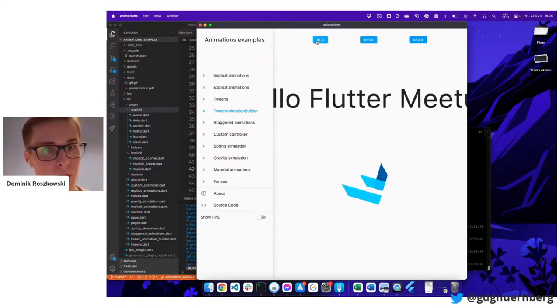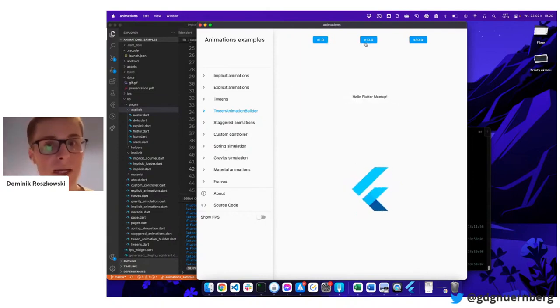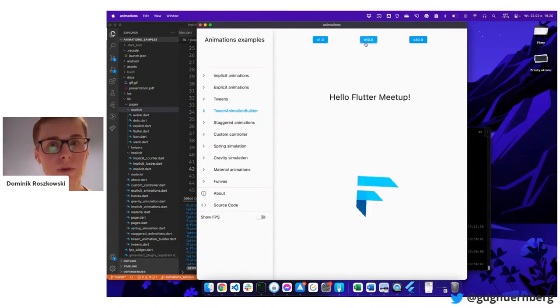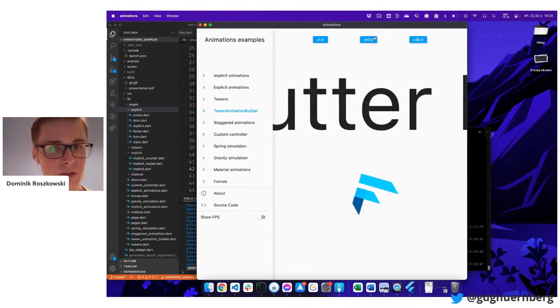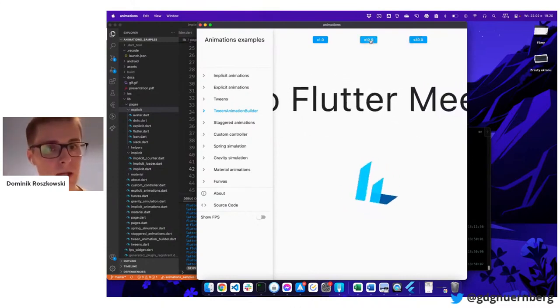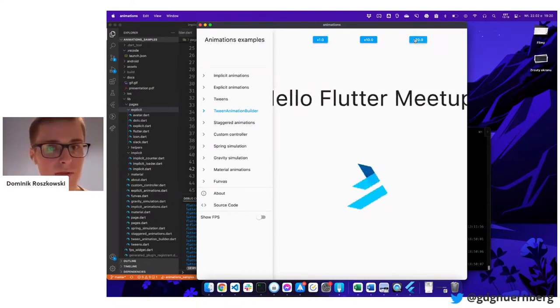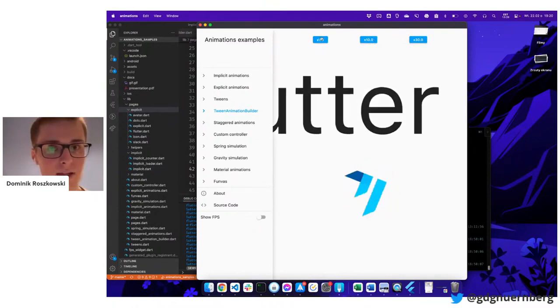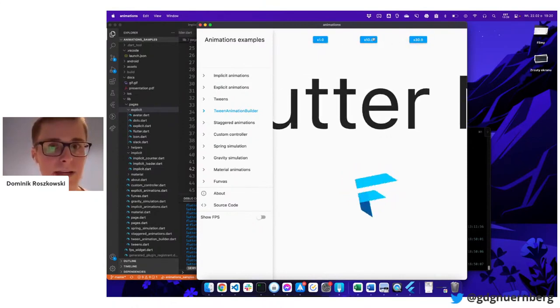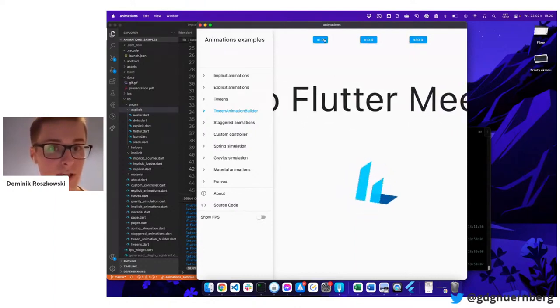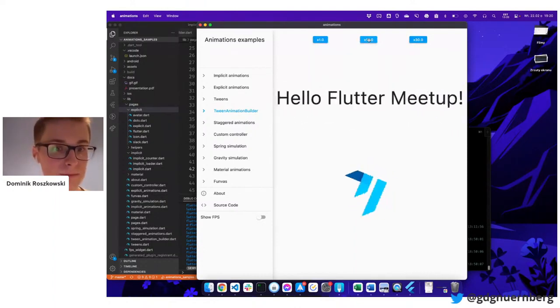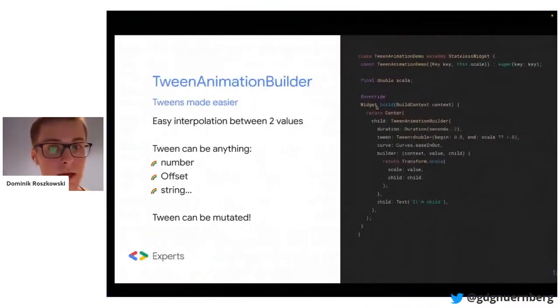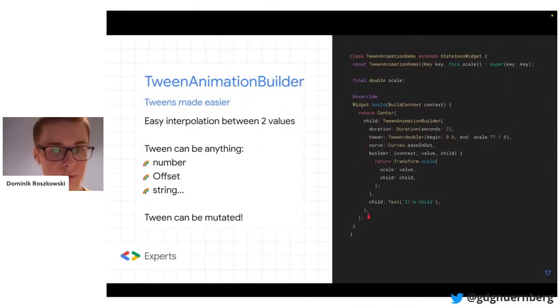And this is cool stuff because now you can have some kind of stepped animations happening depending on the previous value. And this is super cool because you don't have to maintain this previous value on your own. It will be this widget that actually will hold the reference. And even if you change this during the animation, it will just stop and change its direction really nicely, because it's a mutable object and you can just change it as you go. Pretty cool stuff, really powerful, but at the same time, super simple in terms of the API. Highly recommend.